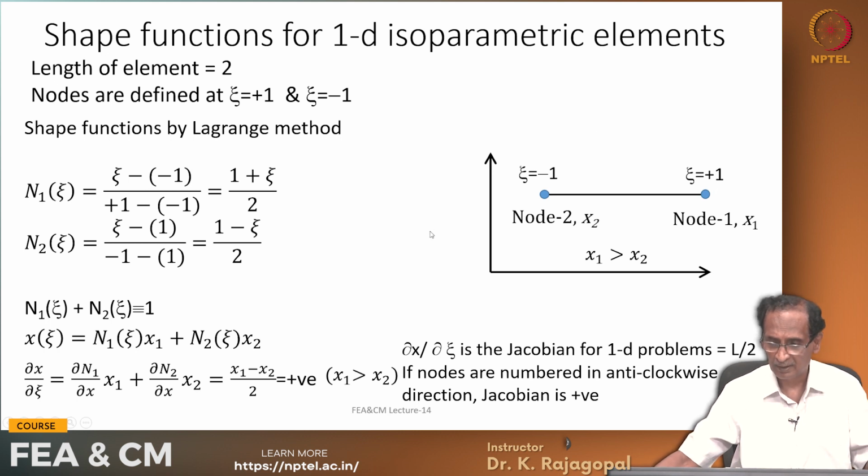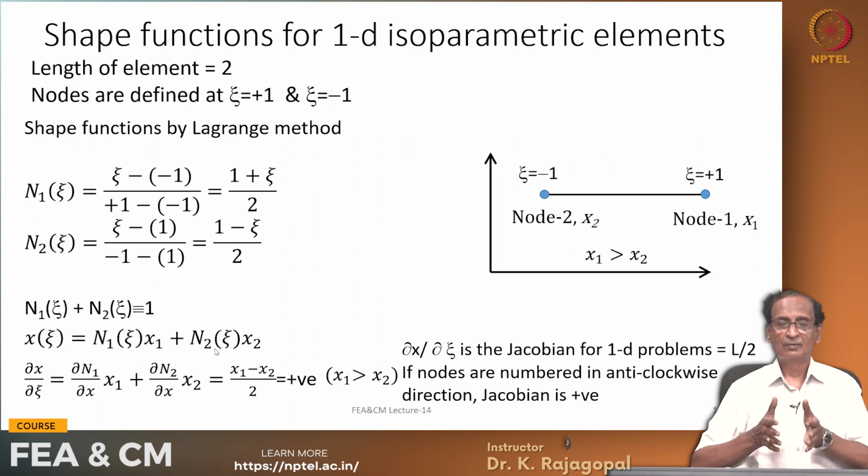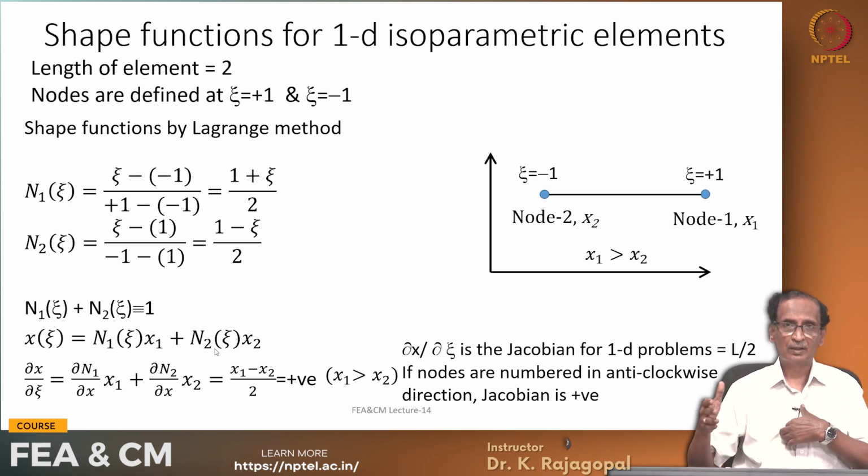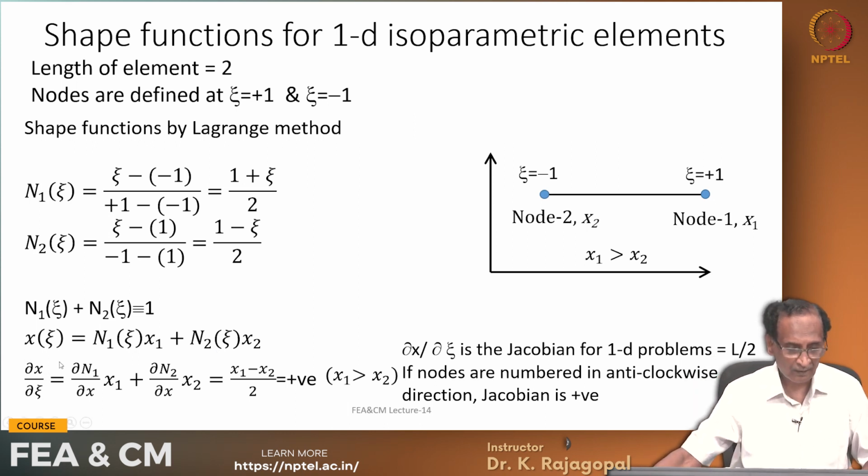N1 is (1 plus xi) by 2 and N2 is (1 minus xi) by 2, and the sum total of the 2 shape functions N1 plus N2 is 1, and in general we can write x as N1 x1 plus N2 x2, because our element is defined only from -1 to +1, but in the Cartesian coordinates it is from x1 to x2. So we can write x as N1 x1 plus N2 x2,